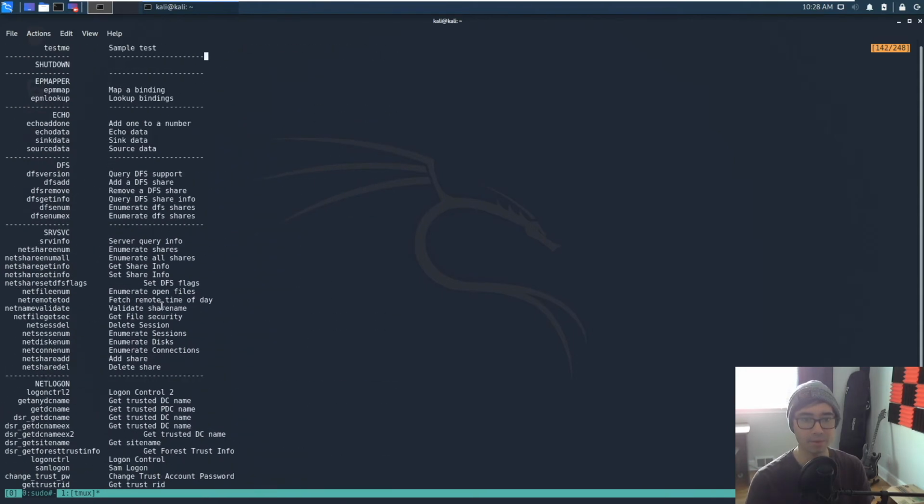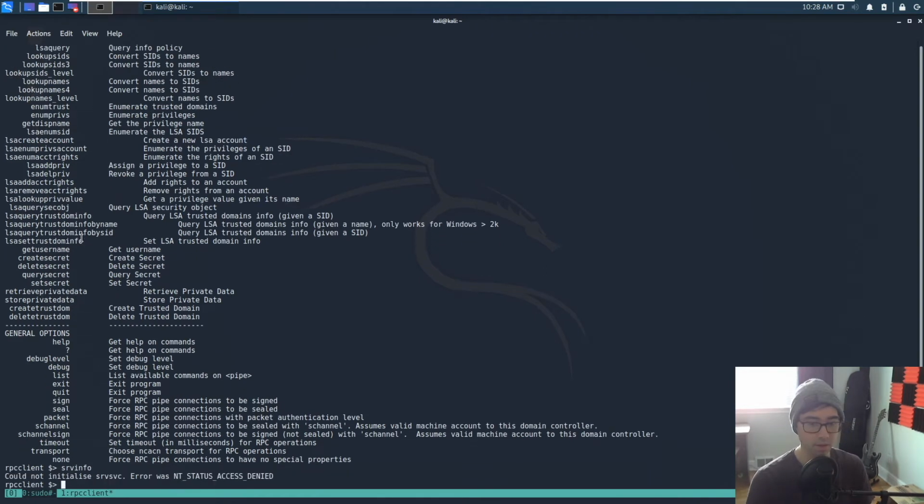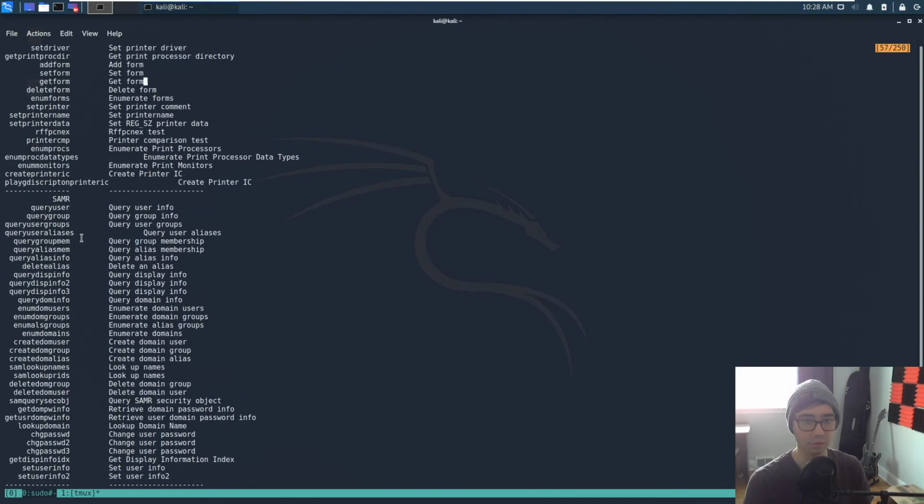And one of the things that I like to do first is run srvinfo to get more information about the server. So let's run that. And we have access denied. So it looks like there are access controls on that. Let's try